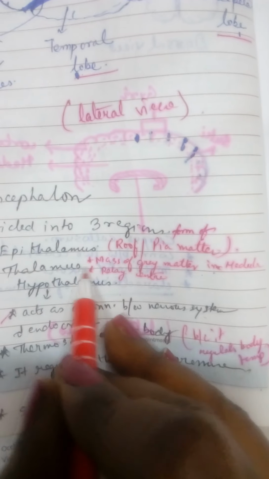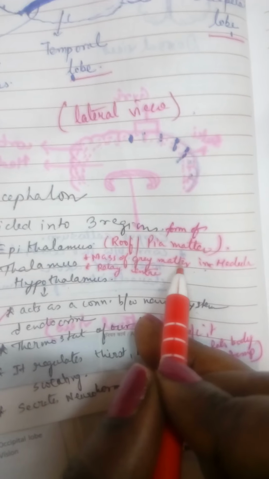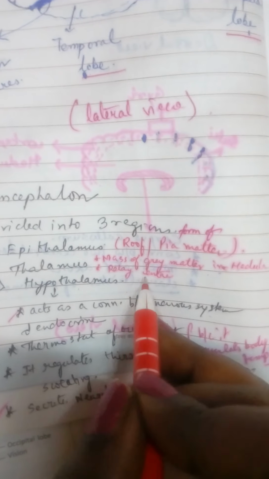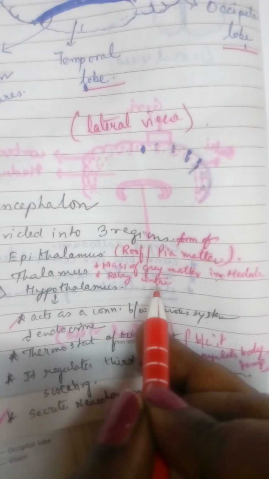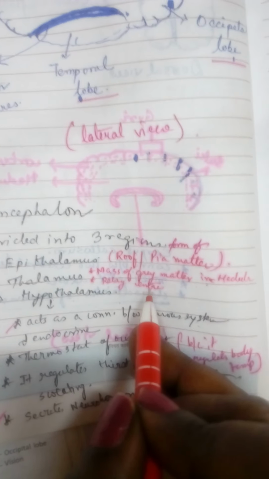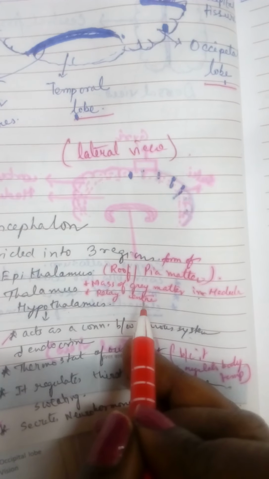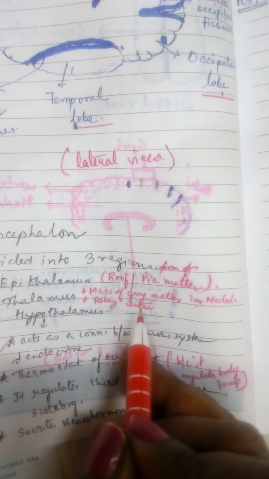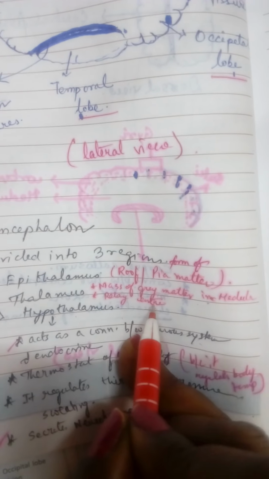Then you have the thalamus, a very important part, and it is made up of masses of grey matter. If you all remember grey matter and white matter, the thalamus is made up of grey matter, and it acts as a relay center. Always keep in mind, relay center means this part of our brain is responsible for your consciousness and the senses you are getting. It discriminates your senses. You all have studied motor nerve and sensory nerve, so who is discriminating it? It is the thalamus. That is why it is called the relay center of your body.